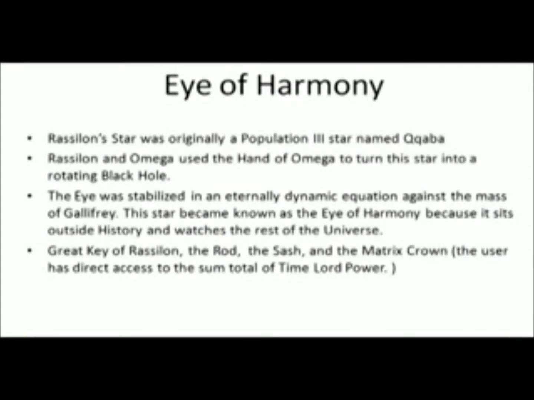able to stabilize it, and with dynamic equations used the mass of Gallifrey and put the star inside Gallifrey while putting them both out of phase in time, because Gallifrey is out of phase with the rest of the universe. And using the Great Key of Rassilon, the Rod of Rassilon, the Sash, and the Matrix Crown, the user can have direct access to the whole power of the Time Lord race, which is shown once in Tom Baker's tenure near the end of season,